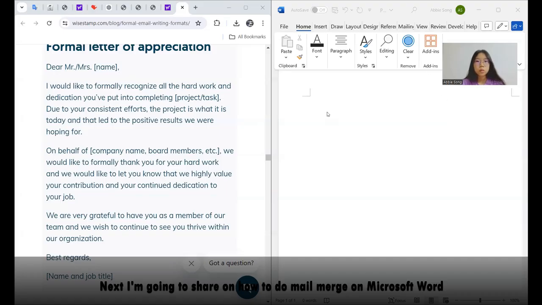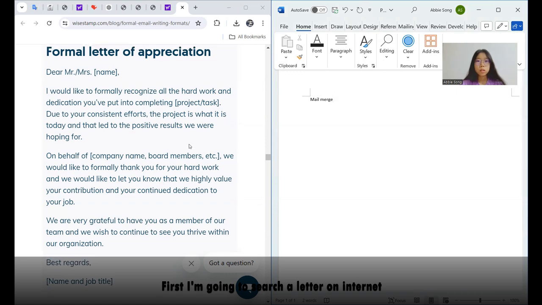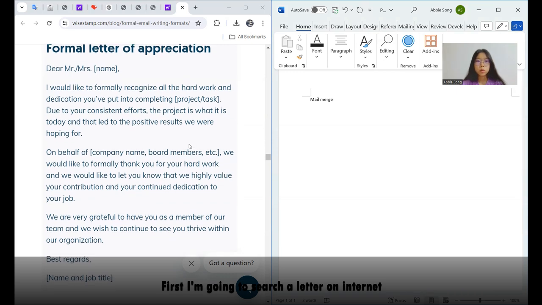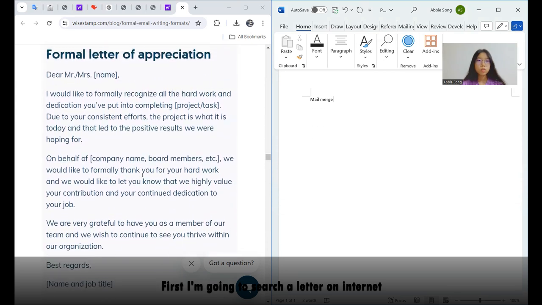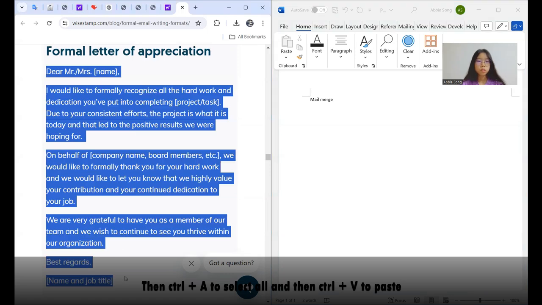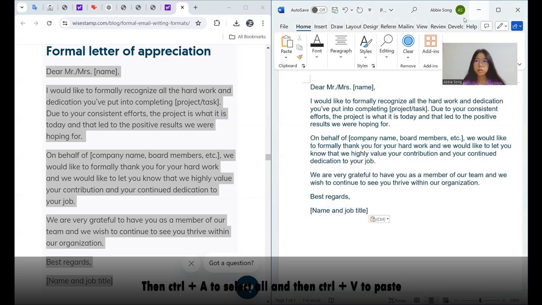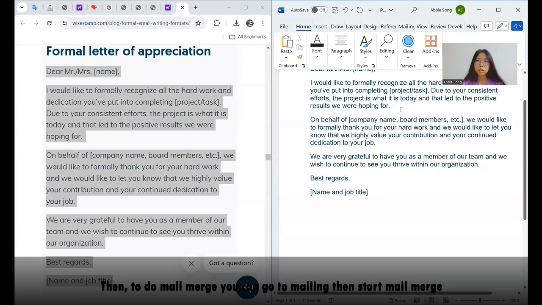And next, I'm going to share how to do mail merge on Microsoft Word. Mail merge. First, I'm going to search a letter on the internet. Copy, Control A to select all, and then Control V to paste. Okay, then